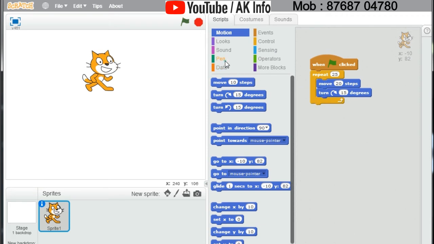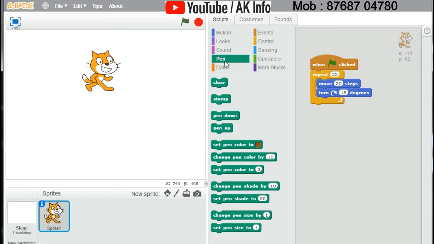Now go to pen block, drag and drop pen down and take set pen size to 1 and change it to 10.